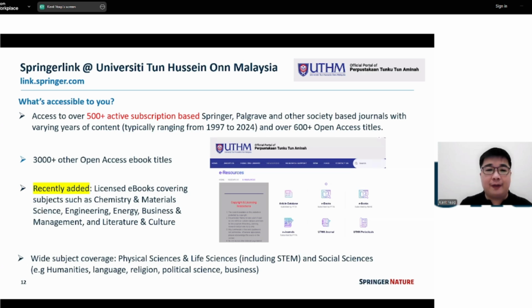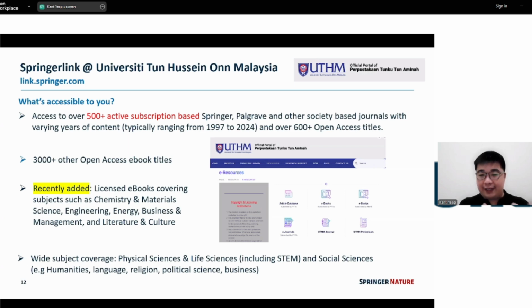That's for journals, but about books, we actually publish a lot of open access books as well. Whilst we're on that topic, I think the number is about 3,000 plus up to date, and you'll be able to see examples of this later. But when it comes to licensable books, your library has this year started to license individual books from subject areas such as chemistry, engineering, energy, business, and even some literature and culture books.